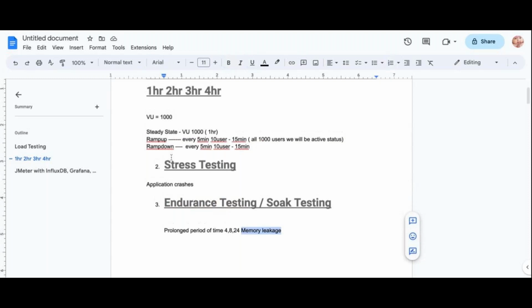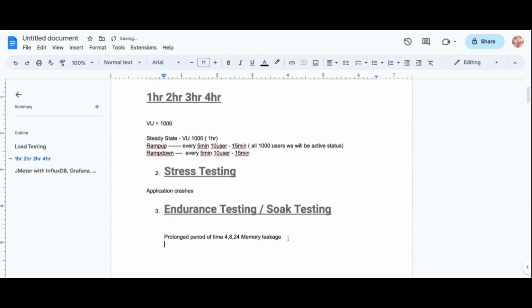Okay. And another thing is volume testing or capacity testing. So what they will do is give more test data to the application and test it, not users. They will give test data. Test data in the sense,